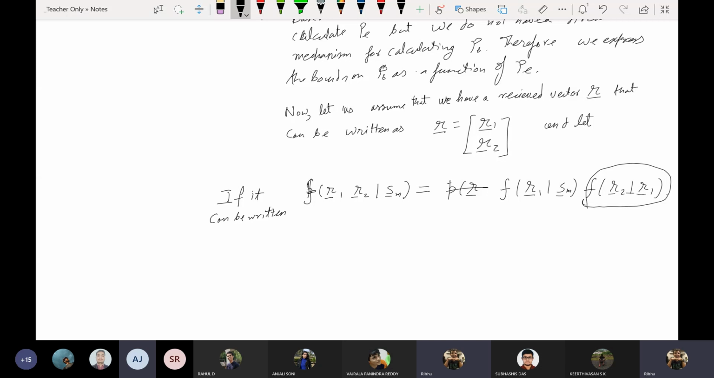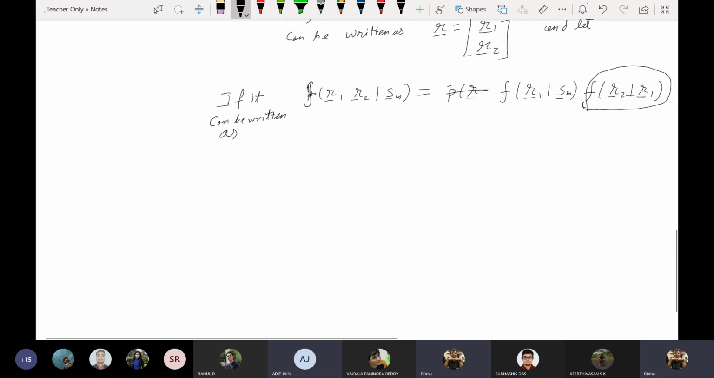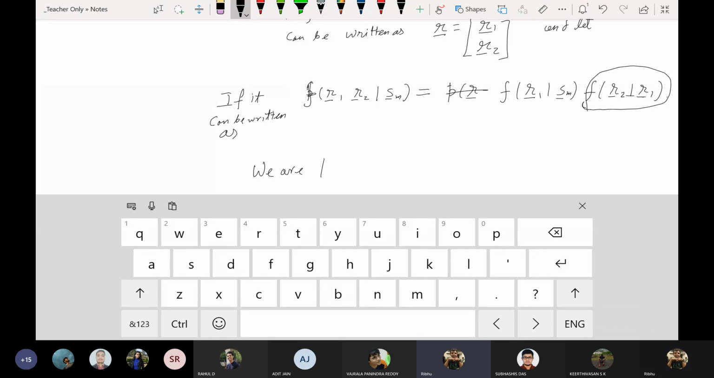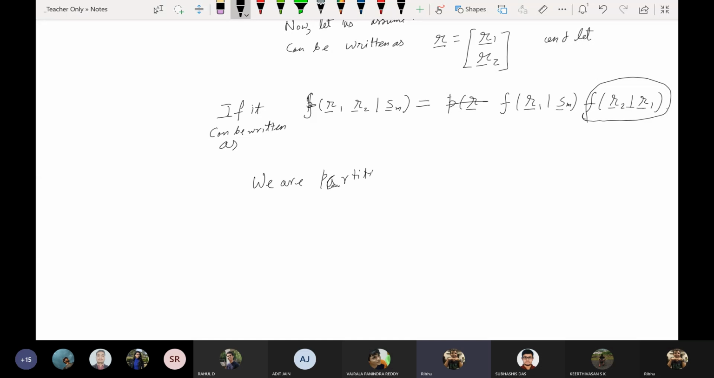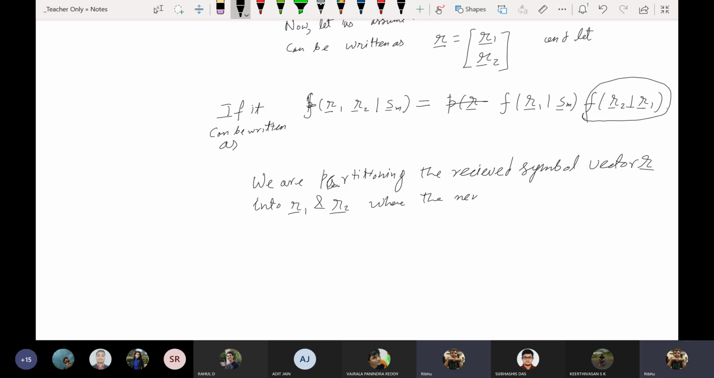Sir, R1 and R2 are vectors received at two different... No, R1 and R2 are the partitions of the same received symbol. Oh, okay. So I'll repeat. We are partitioning the received symbol vector R into R1 and R2, where the new vector